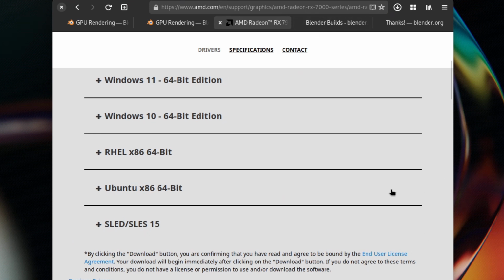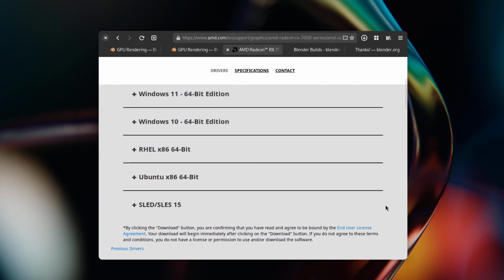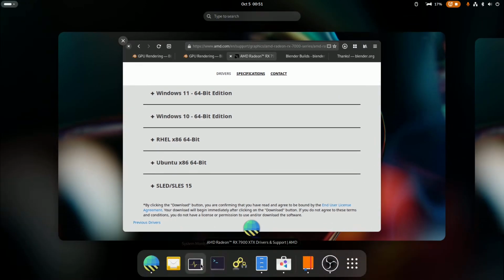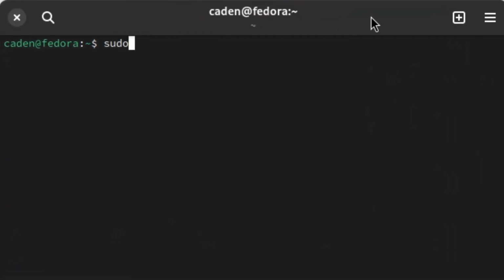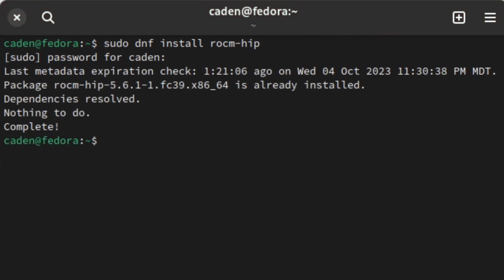So I'm going to show you real quick in the tutorial part of this video how to actually install it, because it's not as hard as people think it is, okay? I'm going to blow your minds right now. Let me just go ahead and open up my terminal. In this case, it's called Console. And I'm just going to do a sudo dnf install rocm-hip and hit enter. It's going to ask you for your password because we're on Linux, and I already have it